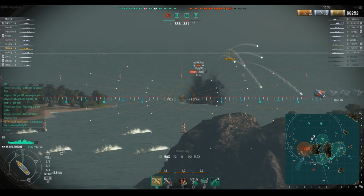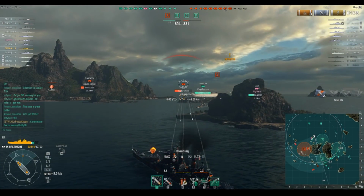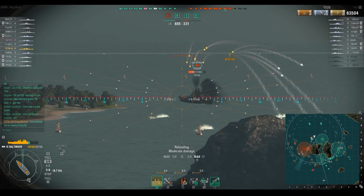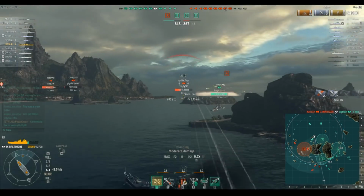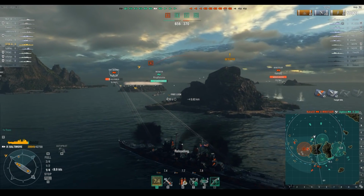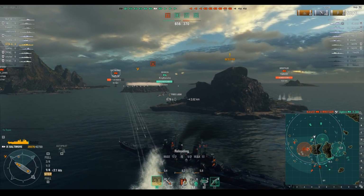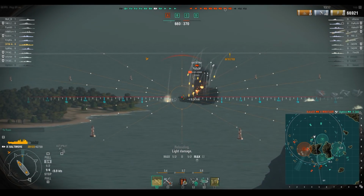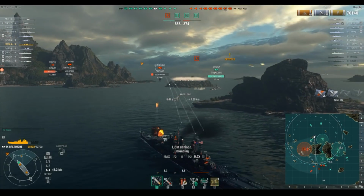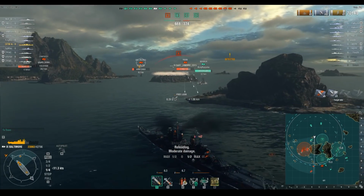So we are lopping off 3 grand at a time with a reload of 8.8 seconds. And there he just took off 5k in 1 salvo. We really need to angle ourselves a little bit better. Well, now I'm not detected. Now I'm detected again. Well, it's kind of boring to sit here and do this, but, you know, we're about to take out this Des Moines, and as soon as we do, really the only threat that's over there is going to be that Yamato, which...